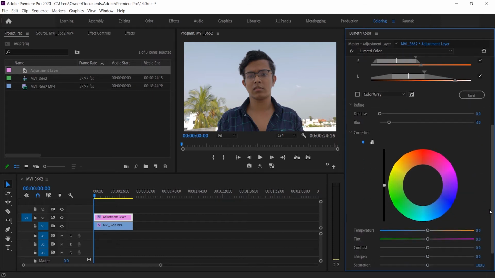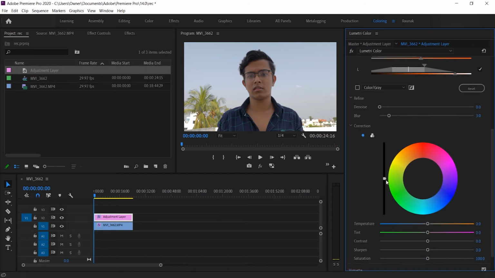So now what we can do is increase this slider to get a brighter skin tone. As you can see, as we pull down, the skin becomes dark, and as we pull up, the skin becomes brighter and the skin tone really looks good. Never entirely pull the slider up to the maximum extent because it will look very artificial, and just go with a little bit. So I will go like this. I think this looks very good.